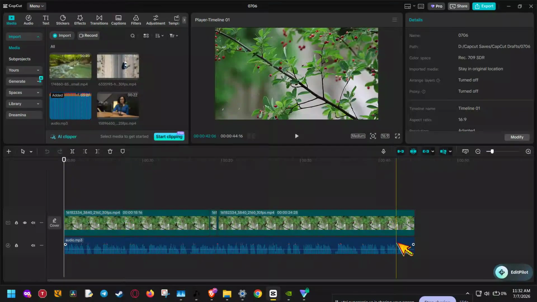If you want to make a low-quality video in CapCut, whether that's for a smaller file size, faster sharing, or just a rough export, this tutorial will walk you through it step by step. I'll show you exactly how to lower the resolution, reduce the bitrate, drop the frame rate, and check the estimated